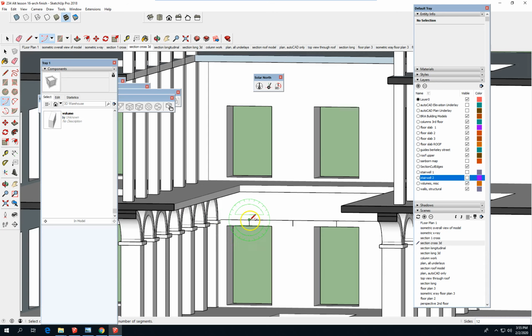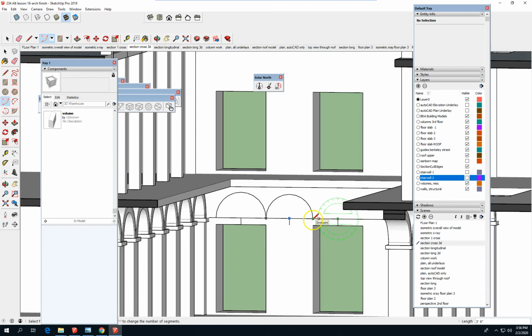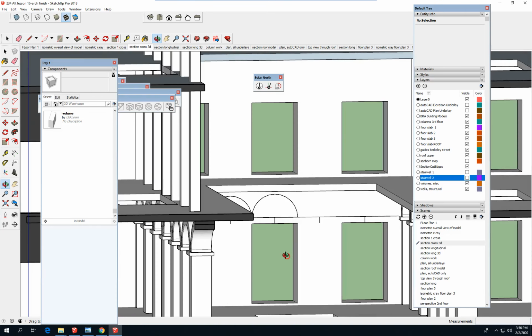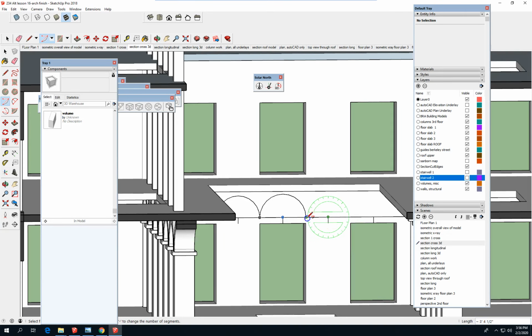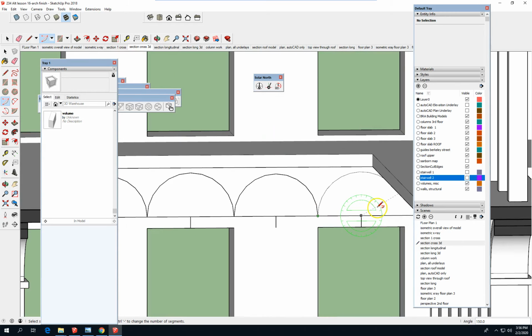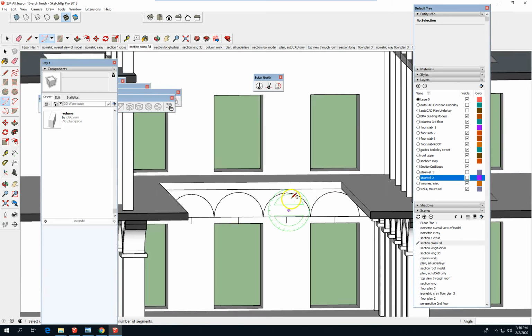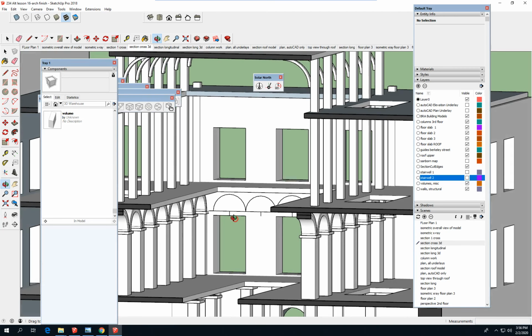Center and 2 points. Center, point 1, point 2. Center, point 1, point 2. Center, point 1, point 2. Center, point 1, point 2. Center, point 1. Other way, point 2. So that's the outline